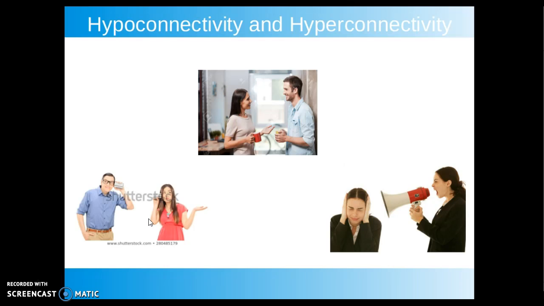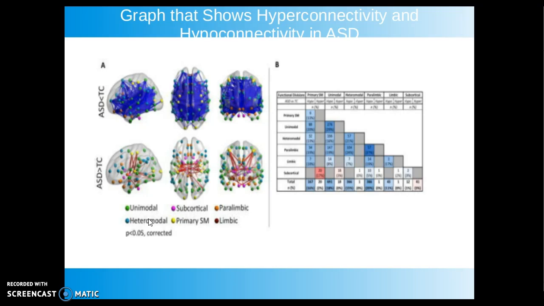Also, on the right-hand side, I have an example of hyperconnectivity. Hyperconnectivity is high connectivity, but it's actually too much connectivity, such as if someone had a megaphone and was talking in your ear, it would be too much and overstimulation. So this is actually a diagram from a paper that was part of my research, and this diagram shows the brain, the autistic brain, when compared to that of a controlled brain, which would just be someone who does not have any deficits, you know, the average person.